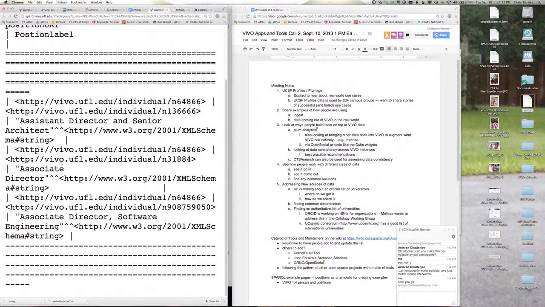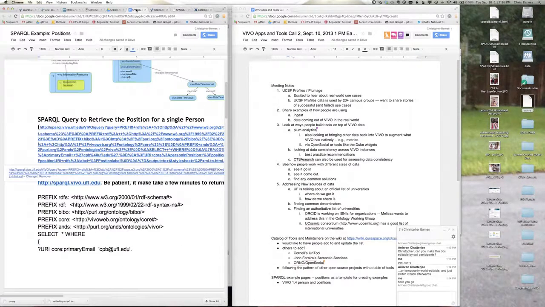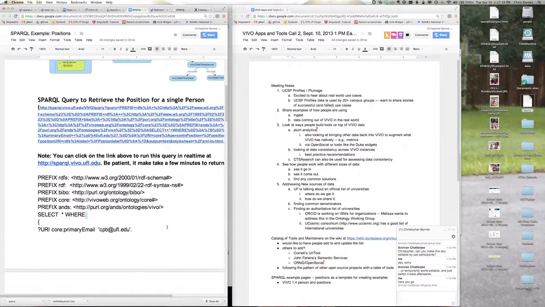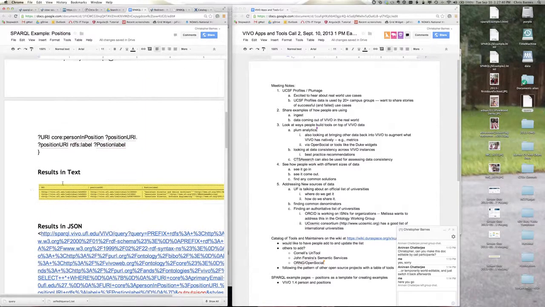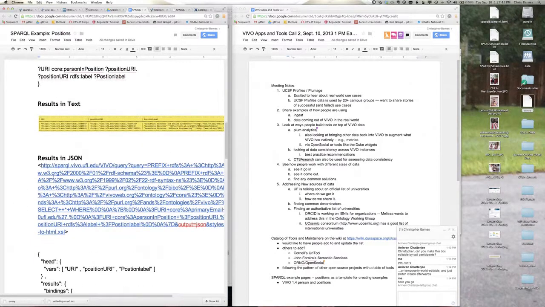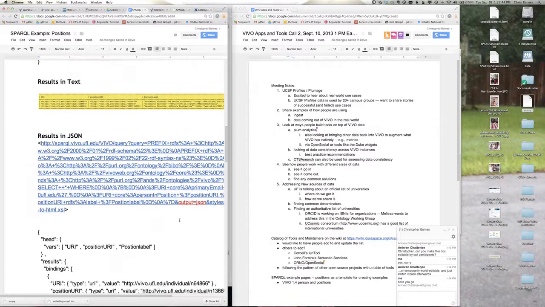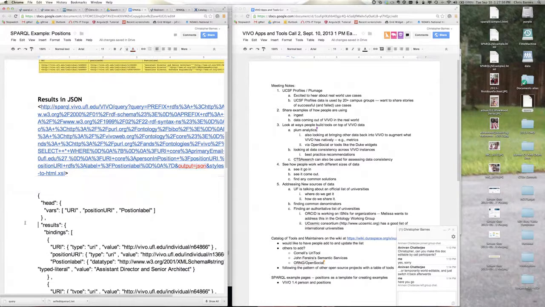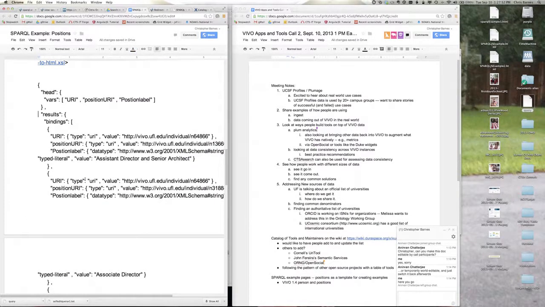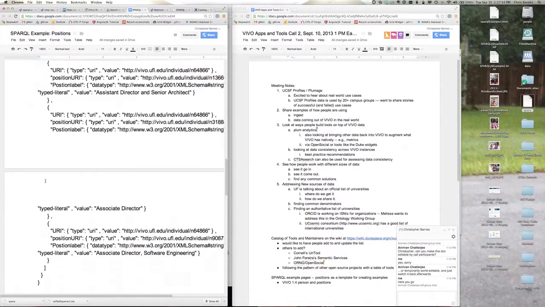And you can see it pulls back my positions. Then I've given what the results would look like, an example of how to get the output in JSON. I highlighted that here, and gave an example of what the JSON return should look like.